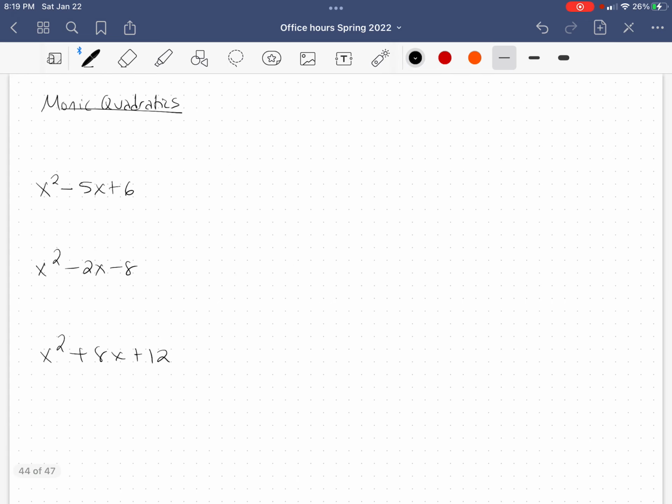All right, now when I said factoring, this is the kind I bet you were all thinking of. This is factoring a monic quadratic. Monic means nothing is in front of x squared. It will factor as x plus something times x plus something else. And how do we get those two somethings? In this case, I called them s and t. I need s times t to always multiply to the c, and s plus t to always give me the